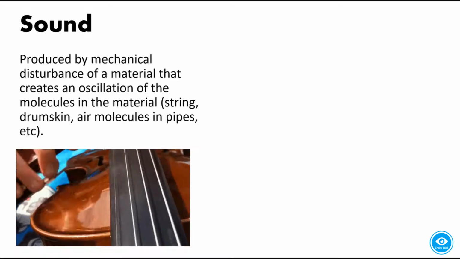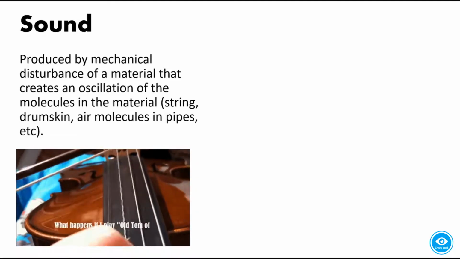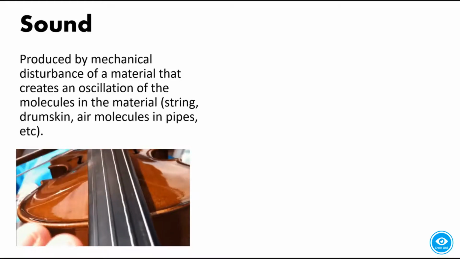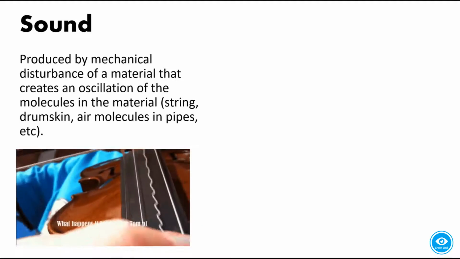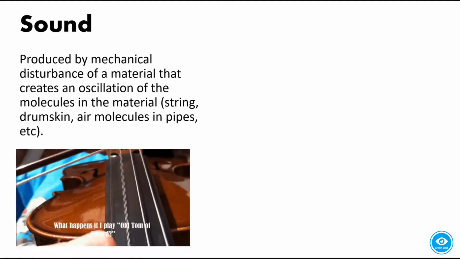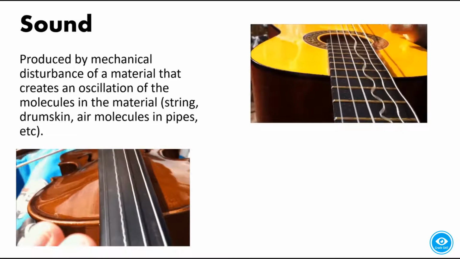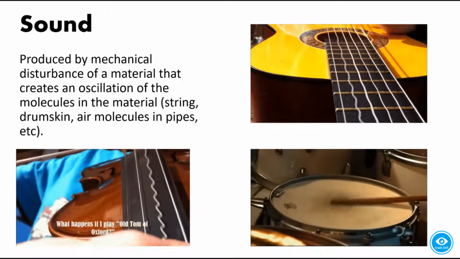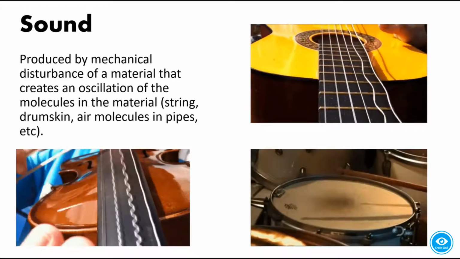When you actually disturb a string by playing the violin string, you see that the strings are actually forming little waves, like actual waves, and this in turn oscillates the air particles near the strings. And this is the same for a guitar, and this is also the same for a drum. You see that the skin is making a transverse wave up and down,